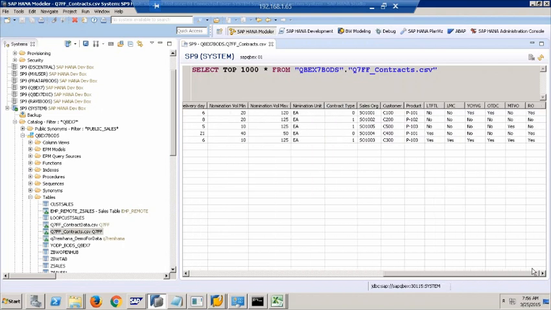Like this, we can also consume flat file data as a remote source through smart data access. My problem initially was